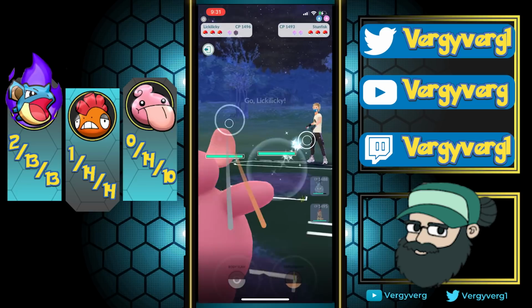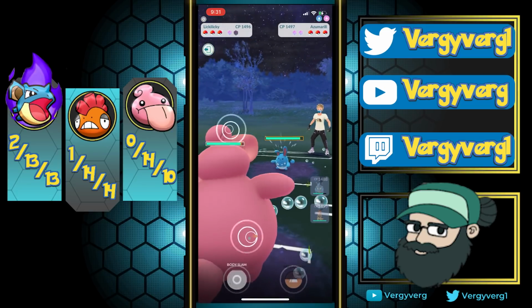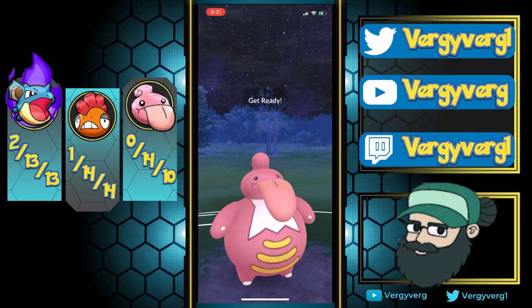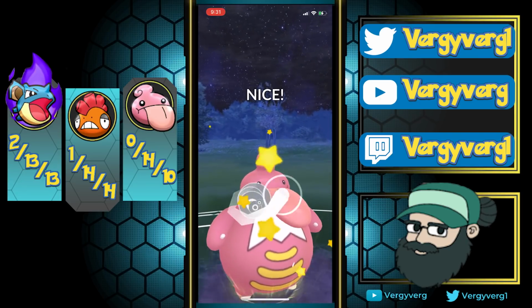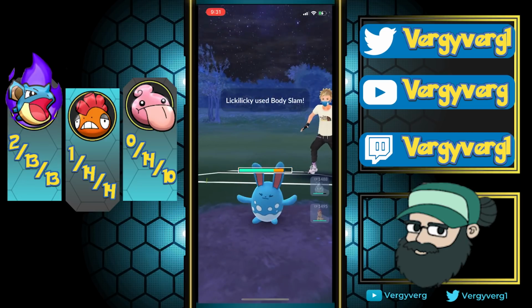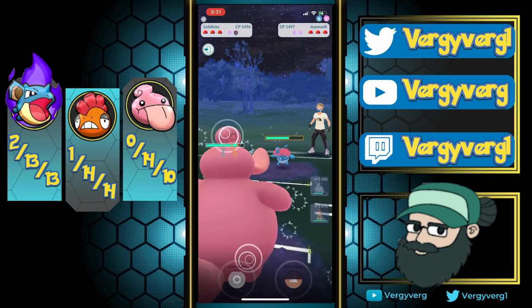All right, well, switch out into this. This is actually a pretty good matchup for me. Lickilicky does beat Azumarill in the 1s and 2s. Does lose in the 0s, I believe, if it has Hydro Pump. But, and that's against the best XL, so...